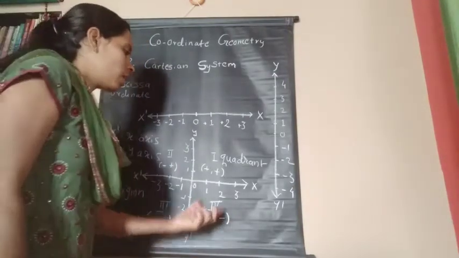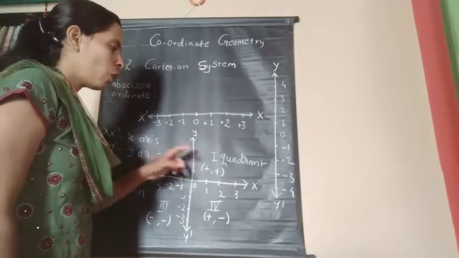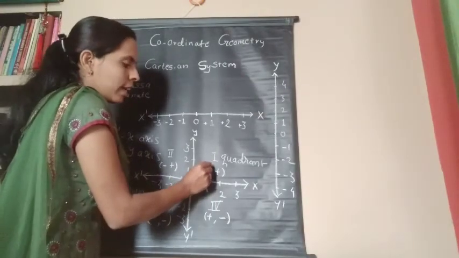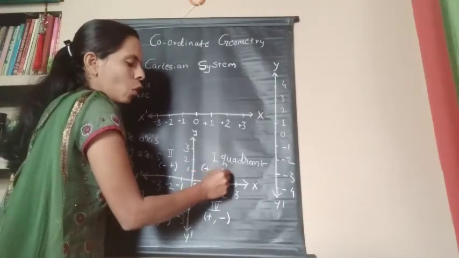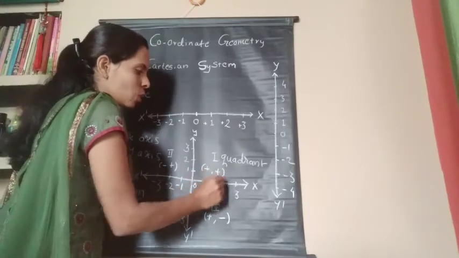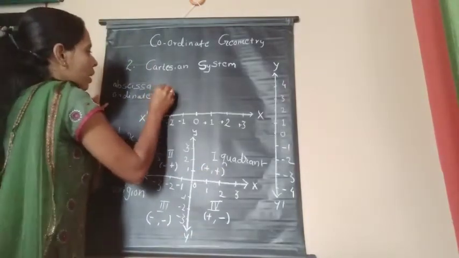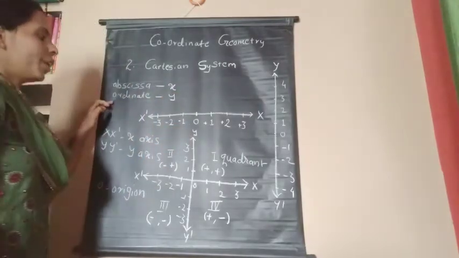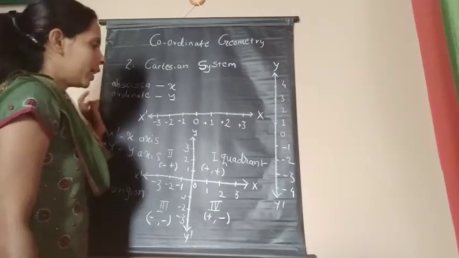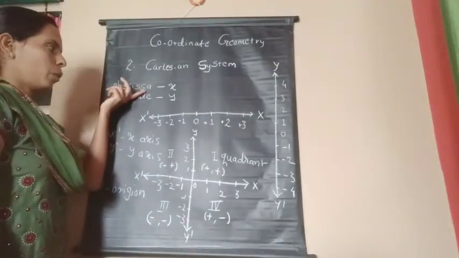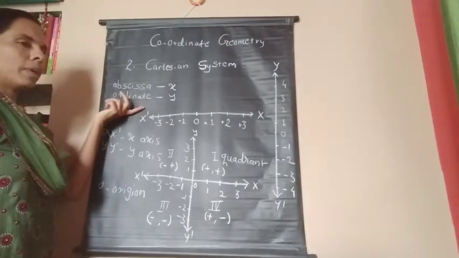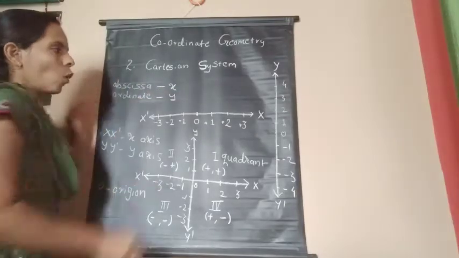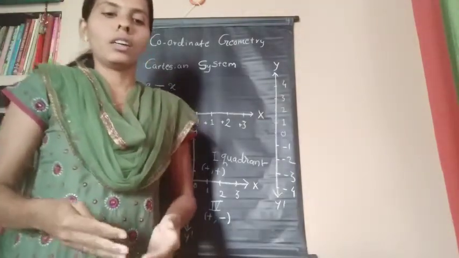Now, these are called the coordinates of a point occurring in these quadrants. So, the value of x is always written first and then, comma, the value of y. What we call x in this coordinate system, here abscissa is called for x and y is called the ordinate. So if any point is located, and it is asked what is the abscissa of that point and what is the ordinate of that point, then you have to write the value of x as abscissa and the value of y as ordinate. Now we are going to see it in an example.